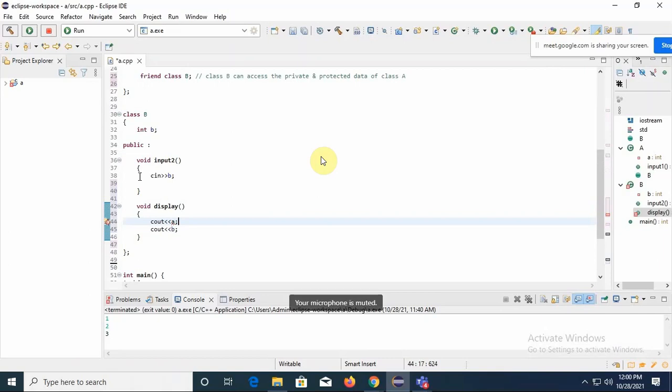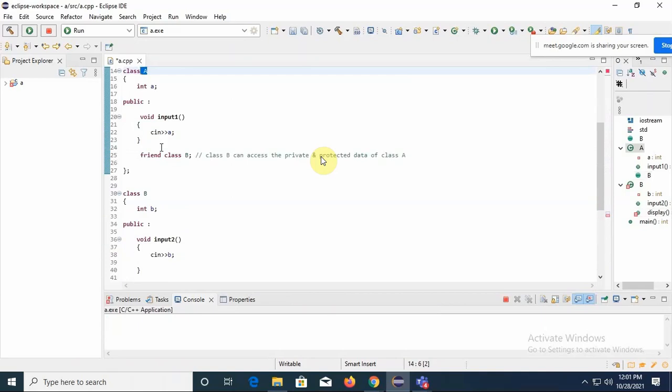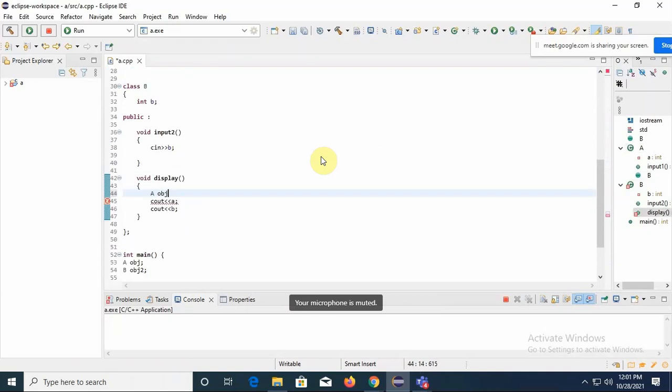Fine. How can you read that error? You come to this line. Here a cross is coming. So just put your cursor pointer here. It will show you that A was not declared. As it is the private one, you wanted to access it. So what can you do? You have to create an object of the class where you had declared this class as a friend. So which was that class? Class A. So here I will simply write A obj, and then I will access it with obj dot. Once you press dot, you will get that variable here.